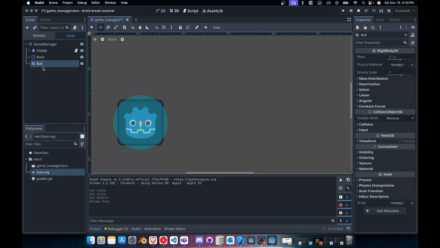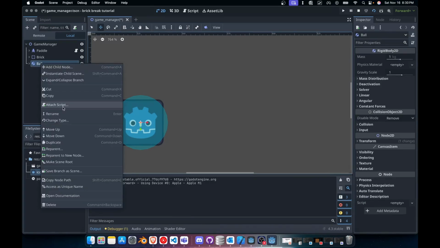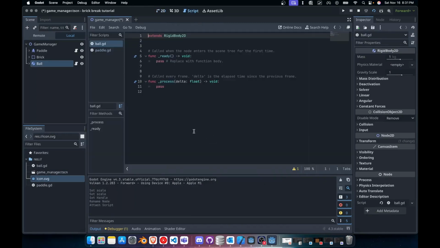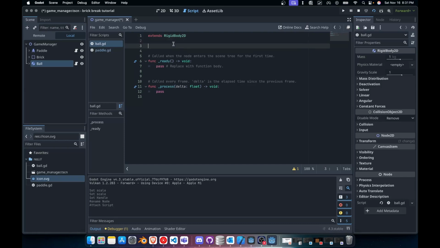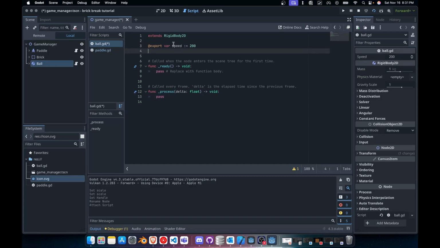Now for our ball, what we're going to do is create a script for it. So we'll right click and attach a script. We'll hit enter and you'll see that we have a rigid body 2D script. Now in the top of our rigid body 2D script, we're going to need to have a couple of variables. So first things first, I'm going to export a var speed and I'm going to make that equal to 200. And that's just in my testing what has worked in the past. So we'll do that. And then I will also have a var for velocity. And we'll make that colon equal to a Vector2. And we'll make that 1 comma minus 1 like that, dot